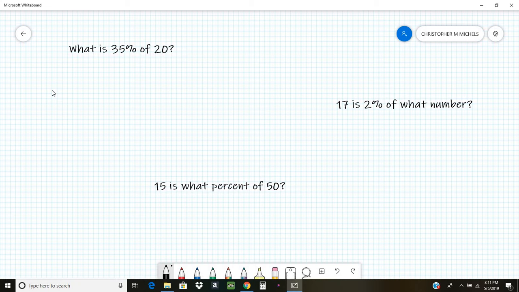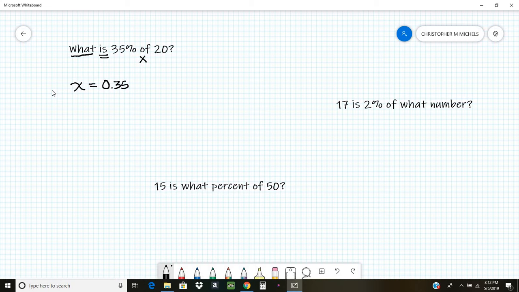So again, what is 35% of 20? So we look right here, they're laying out a formula for you. They said what is, so is means equals, 35% of 20, so times 20. So in this case, this will be the x, the unknown. Okay, remember the x right there means times, that's not this x. Is equals 35%, so I got to make that